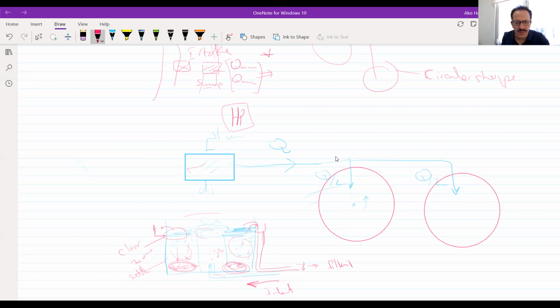Then there is a clean zone. What is the clean zone? The water will be cleaned here, and then it will jump over a weir. This is called weirs. After that, the whole weir is connected in a circular shape. There will be a pipe here, and this is called the effluent. So we have influent and effluent.